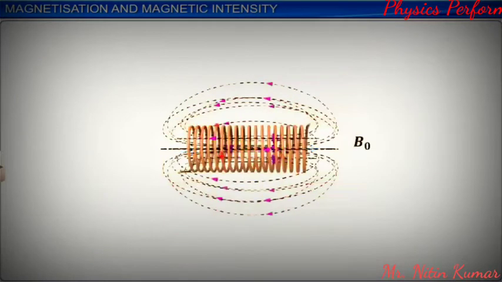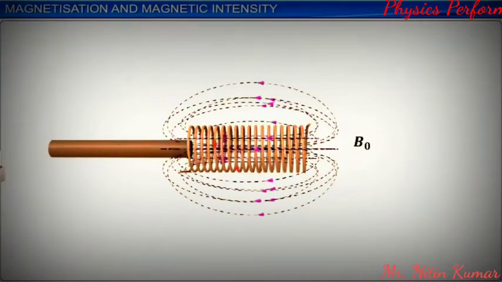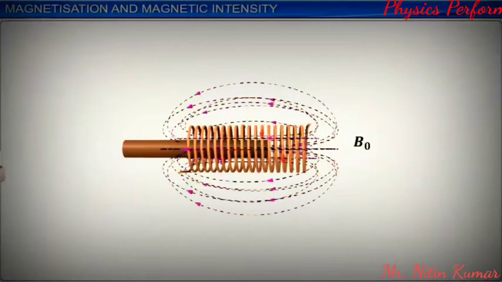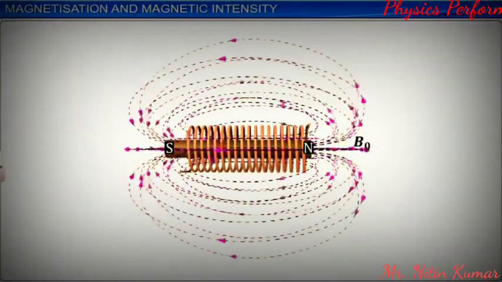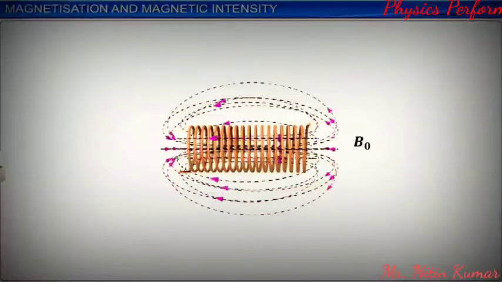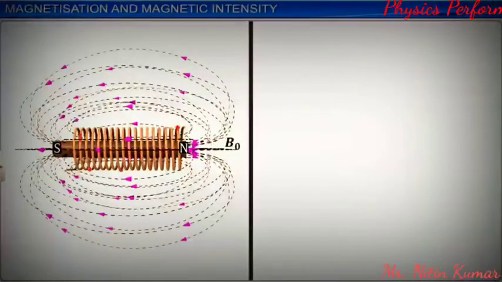When a magnetic material is inserted into the solenoid, the material gets magnetized. In such cases, the total magnetic field inside the material is the sum of magnetic field due to the current-carrying